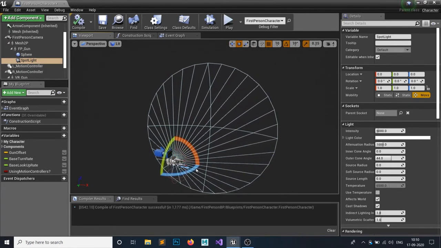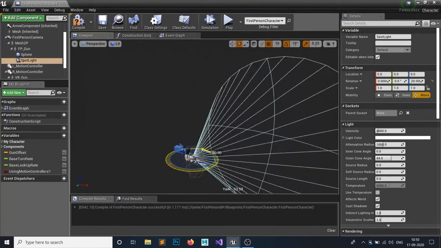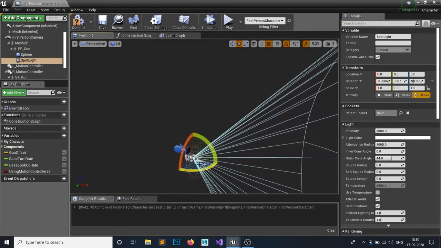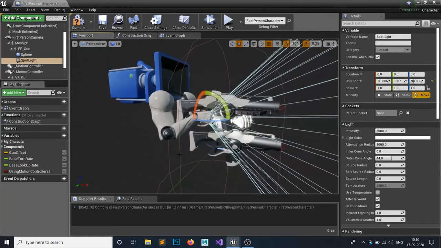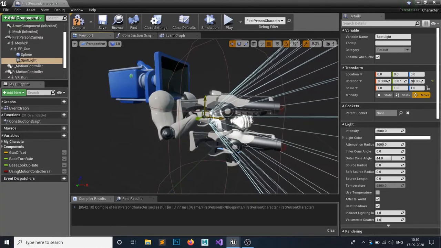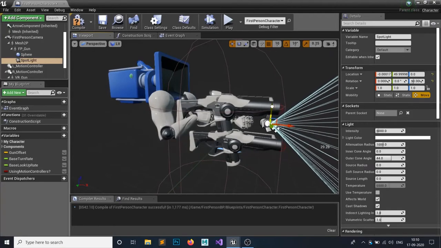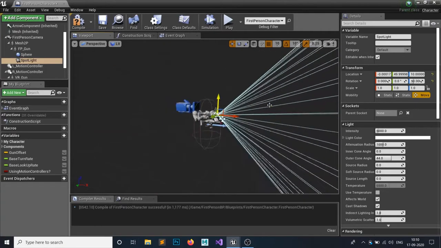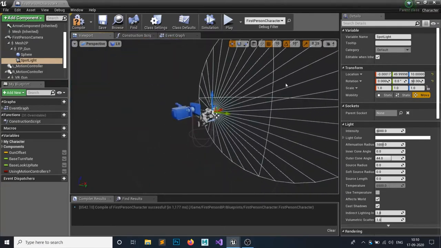So how are you going to do that? So let's rotate it to something like 90, right? So this is how it will face towards our player's character, and the spotlight should be at your player's gun. So the starting point of your player's gun, yep, it is starting.